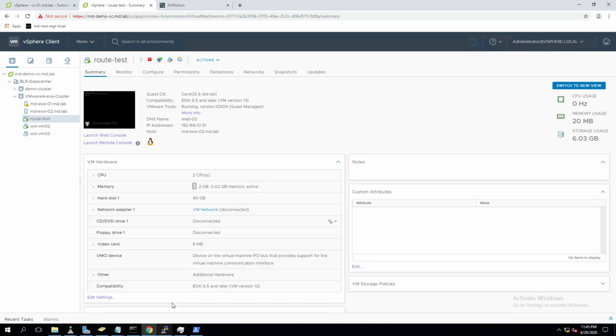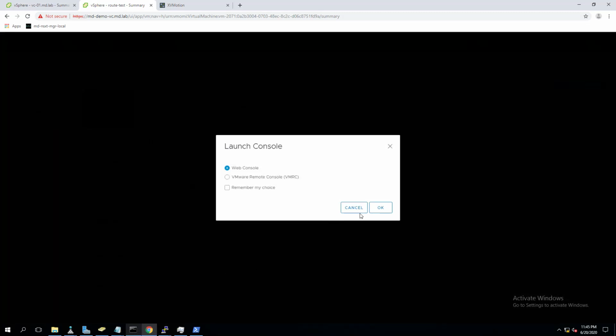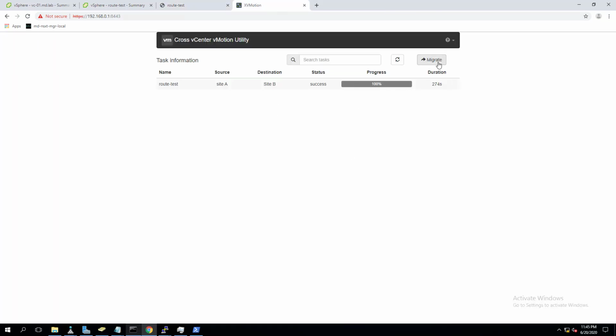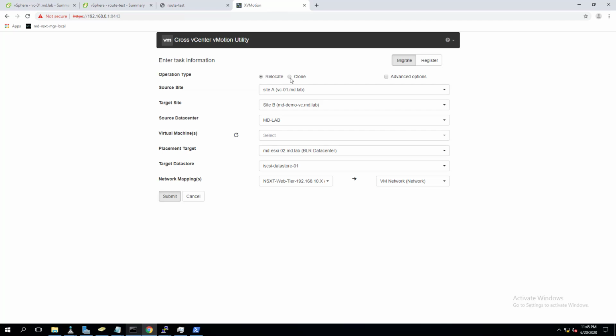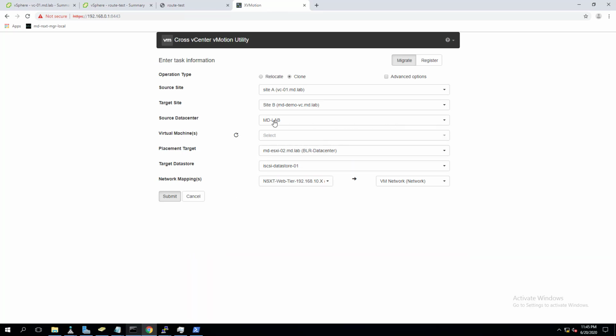If you don't have enhanced vMotion and are not part of a single SSO domain, we can just use the utility which is available from the VMware Flings website. We can download it, and a simple command runs and initializes this application. As I said, we also have the option to clone a virtual machine. Similar to how you migrate the virtual machine across a vCenter server, we can select the source virtual machine and clone it to a different vCenter server using this option. So we can simply clone the virtual machine across a vCenter server as well.